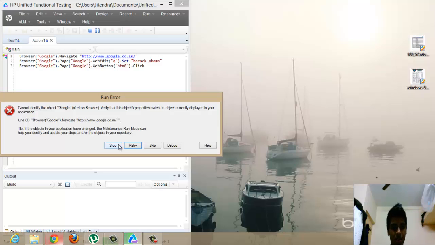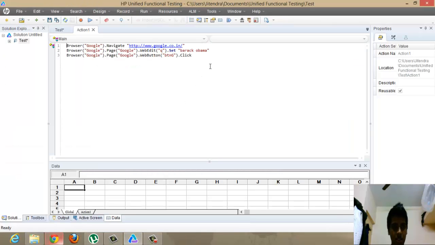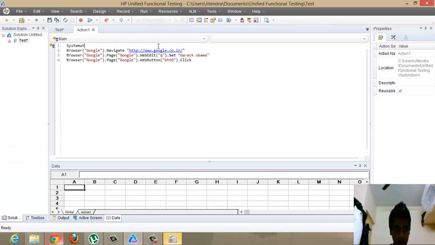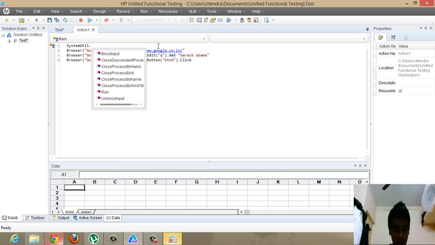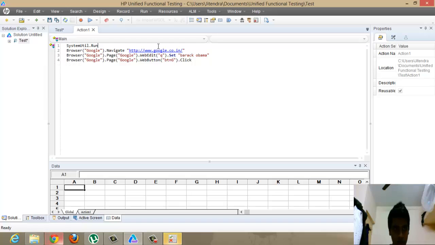So now we got this error because the first line says Browser("google").Navigate to this address google.com. So basically what we have to do is we have to launch the Internet Explorer browser here. So I'll just go ahead and click on stop so that the test running stops, and I'll just go to the first line, SystemUtil.Run. I'll copy this address here